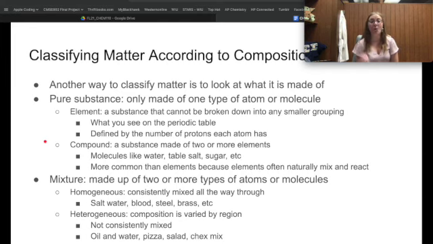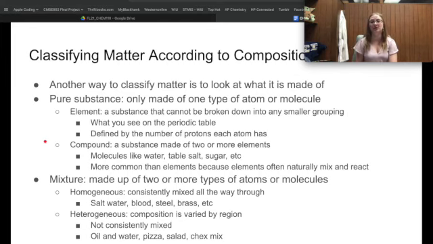So that would be just one type of atom, and the periodic table, again, contains all the types of atoms that we know about currently. A compound is a substance made up of 2 or more elements. So these are molecules like water or table salt or sugar, and they're more common than elements because elements often naturally mix and react. So if I have all of one type of molecule, I have a pure substance, but it's a compound. If I have all of one type of atom, it's a pure substance, but it's an element